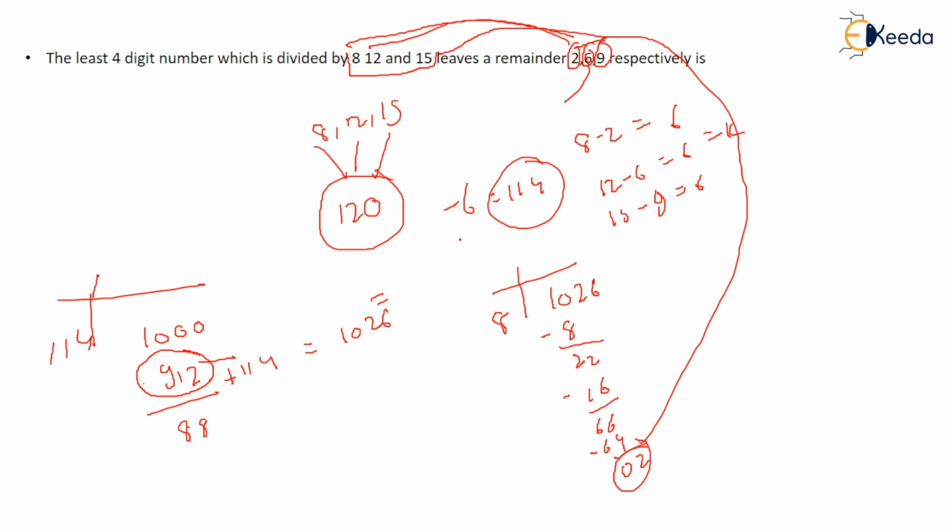Similarly, if you do with other numbers, the same thing will come. If you do with 12, the number that comes is 96. So 6, 6, 60. So 6 is remaining. 6 will be the remainder as it was told. So you have to remember the concept of K for this type of question. Very simple question, you just need to understand the concept, and once you understand it, you have to revise it again and again. What are the conditions that they told you? Once you know which condition they asked, it becomes very simple to solve this question.